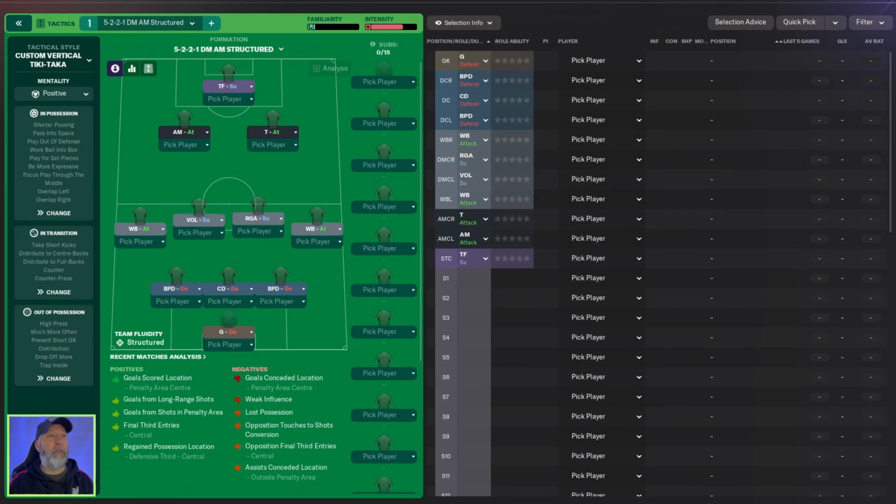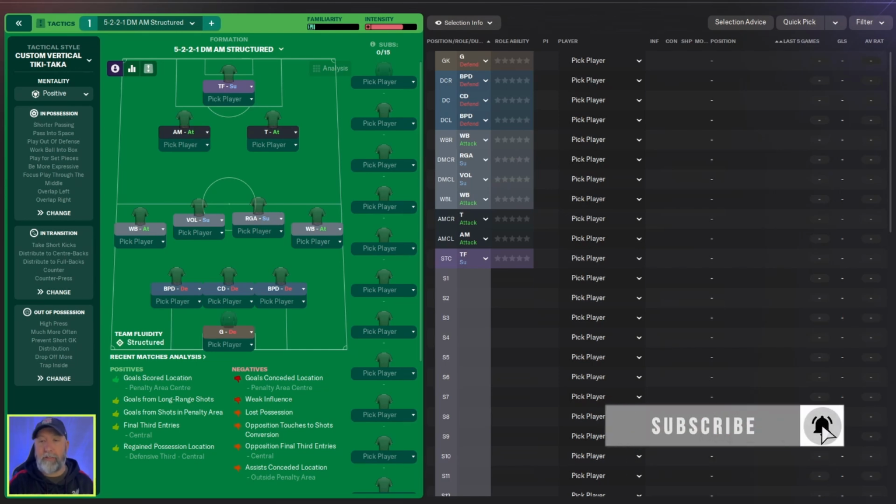Tiki-taka style coming right at you. This is the 5221 DMAM structured. There's a little bit of information on the Steam Workshop basically saying don't forget to check your set pieces and